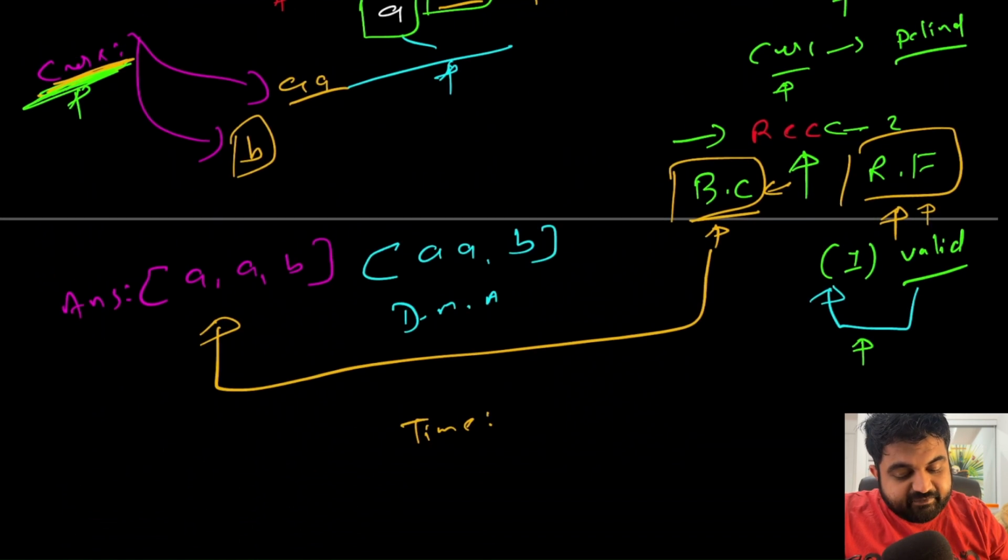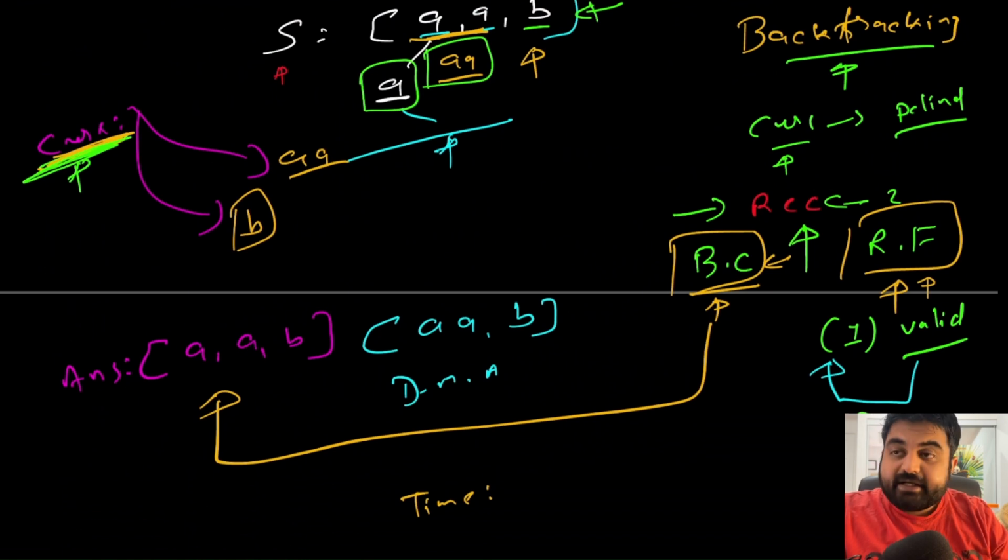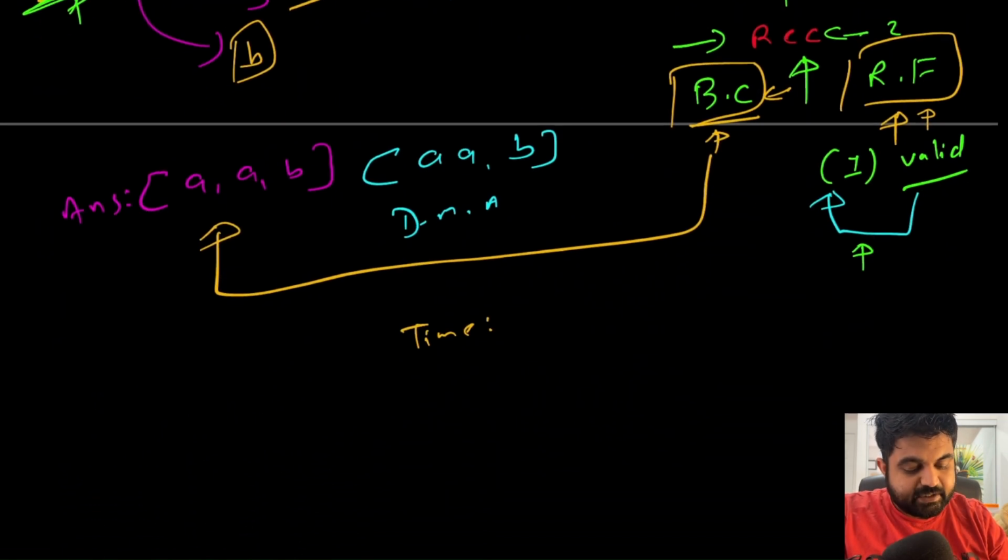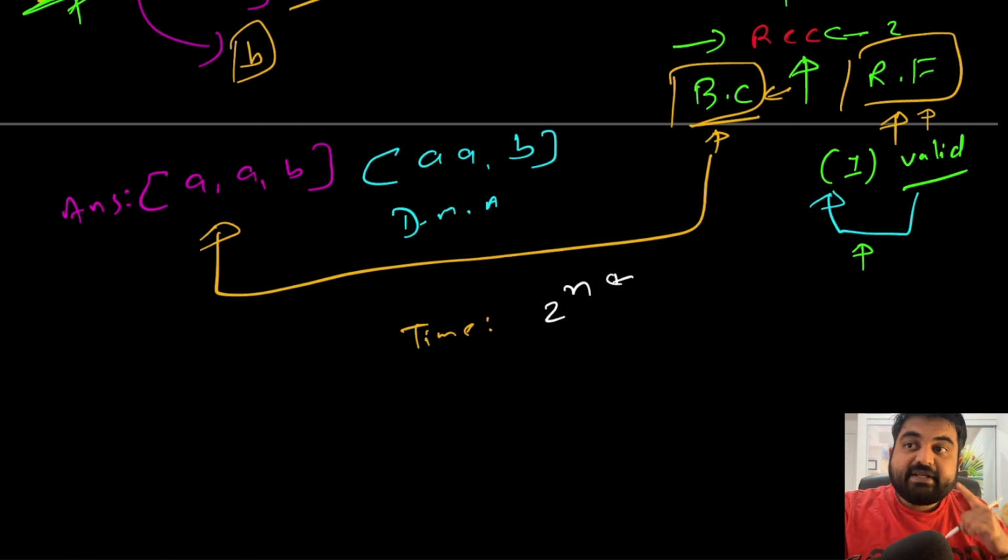At the end of the day, this is simply a decision making algorithm, and at every given step, let's say that we created a partition like this, A. Now we will have to check whether to include this A or not as part of the partition. So at every given step, we are deciding whether to make that decision or not. So basically we have 2 to the power of n possibilities, where n is the number of characters given, and for every single character we will have to repeat the same operation. So it's going to be n multiplied by 2 to the power of n possibilities,